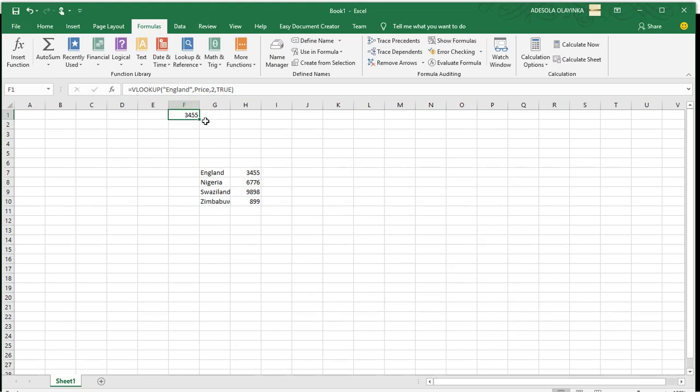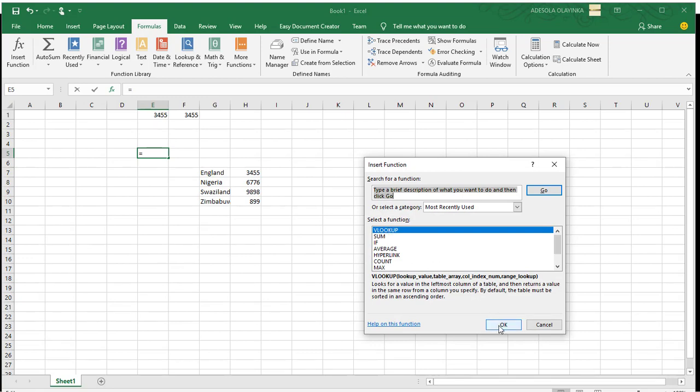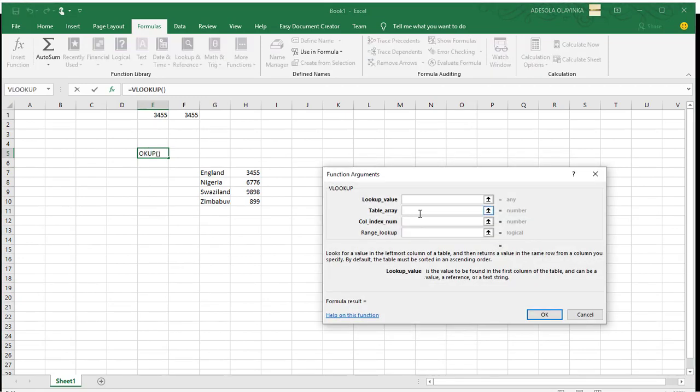You see, for my F1 I get 3455. Once again, for the avoidance of doubt, assuming I choose price and column 2, but I put false here.